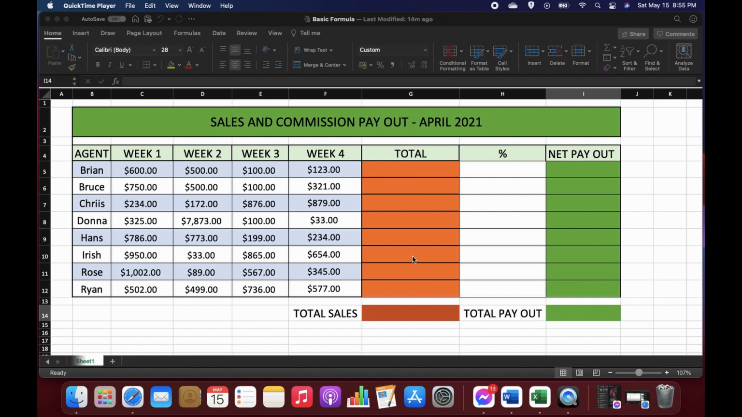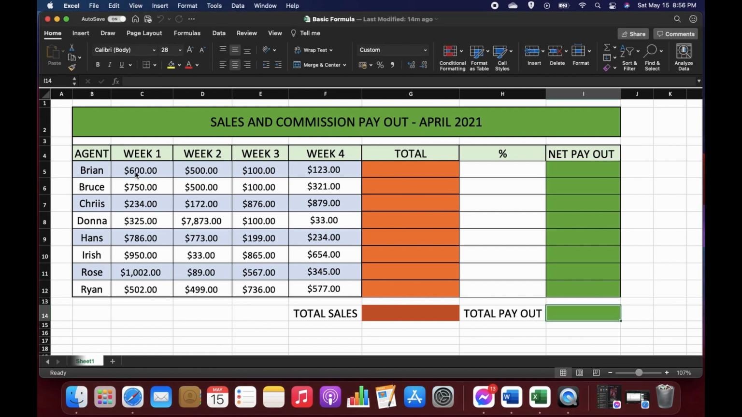Alright, so in our illustration here we have sales and commission payout for April 2021. We also have the agents' names, and week on week sales up to week 4. If you remember, in our last video we just totaled all of the sales from week 1 up to week 4 per agent, and we got their 25% net payout from their total sales. Now,